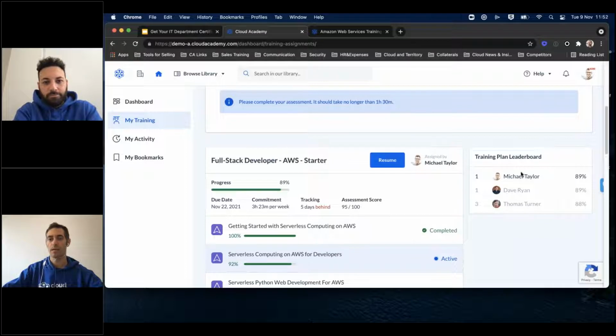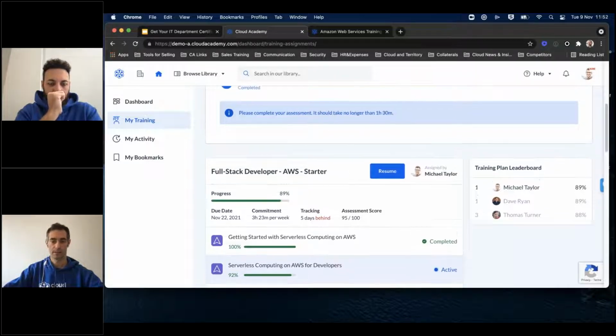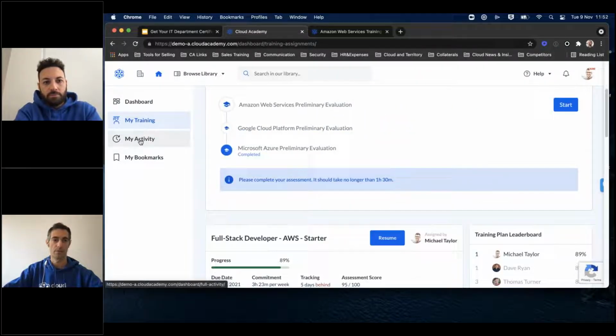We know that people like to measure themselves against each other. So in a way, this is something that motivates people to study and to invest some time in these activities. If this is something that generates any friction inside of your company, we can remove that. Just know that this can be removed if this is a problem for you.